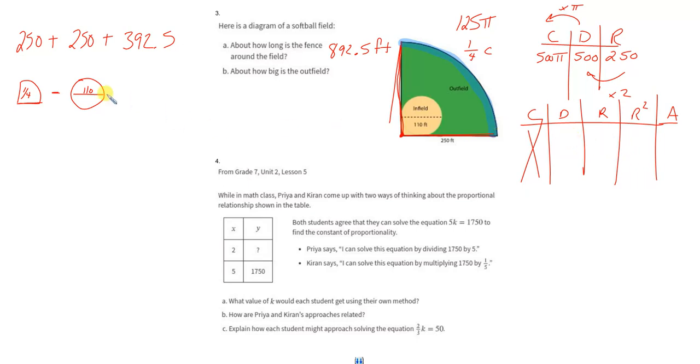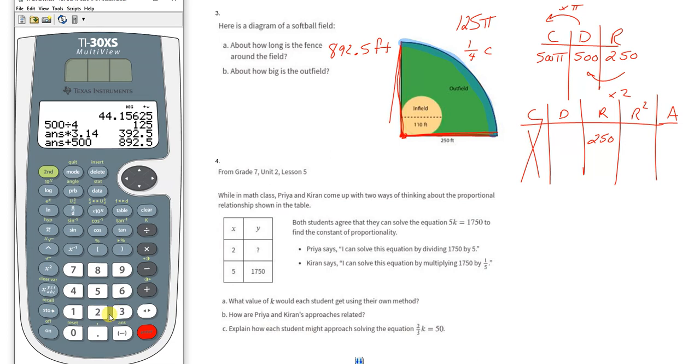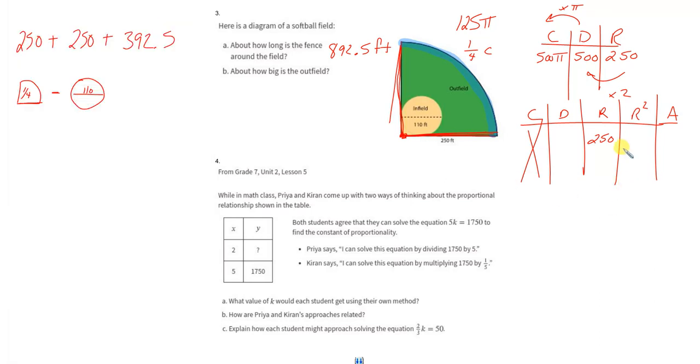So let's start with the very first circle, which is a quarter circle. And we know that it is a radius of 250 because we did that in the previous problem. So 250 is the radius. We have to square that. So we got to do 250. This little button squares, multiplies the 250 by itself, and gives us 62,500. It's a big number,